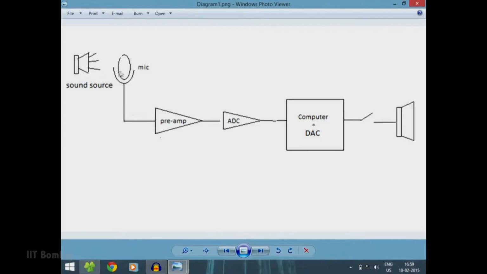So this is a diagram which essentially sums up what happened. So there is this sound source which will produce the acoustic signal. The transducer or the piezoelectric pickup in our case will convert the acoustic signal to an electric signal, and it will go through a preamp which will amplify the signal to workable values. The signal will go through an ADC which will convert it to a digital signal which is fed to the computer, and I have written a DAC over here, which is a digital to analog converter, which is used while playing it back to the speakers.